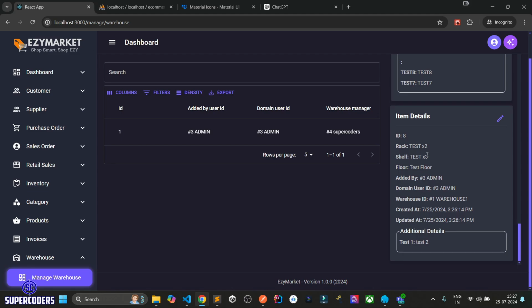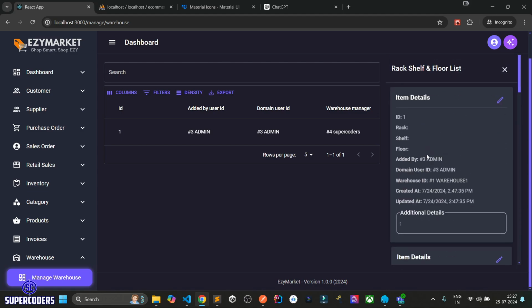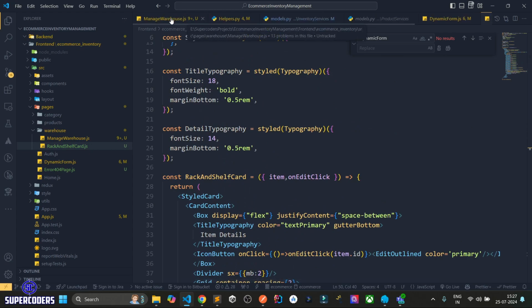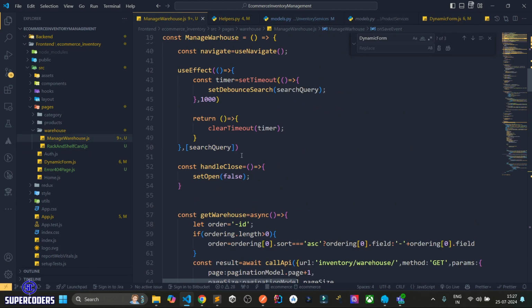So that is fine, I think that is working right now. After that, let's work on one more thing, which is edit. On click on edit, I'm going to show the dynamic form again in the edit form. That's why I added the key here. If you remember last time, I added a key which is